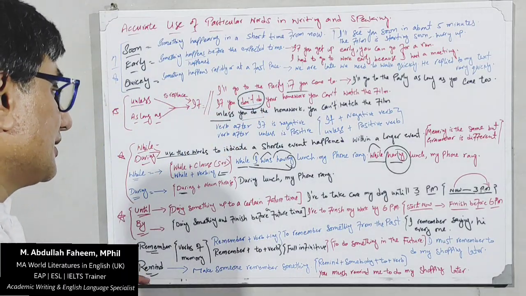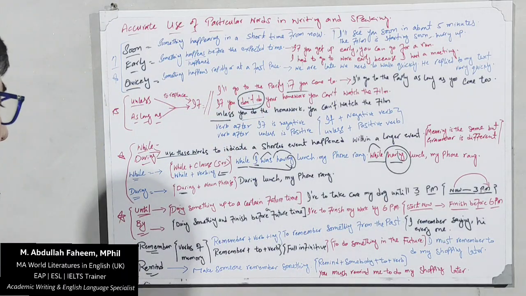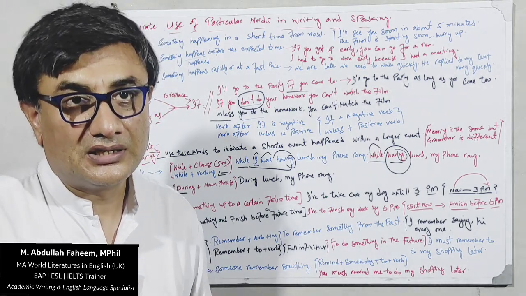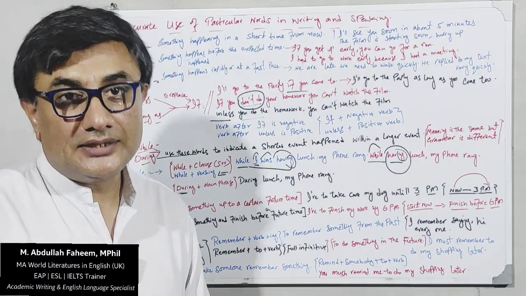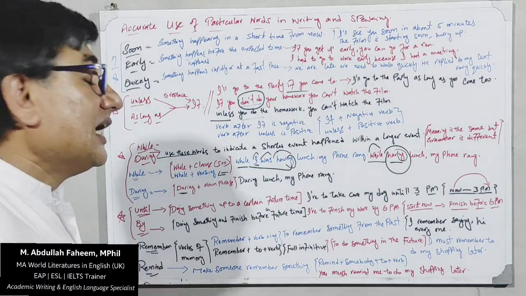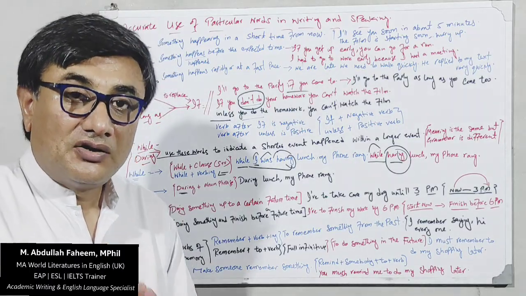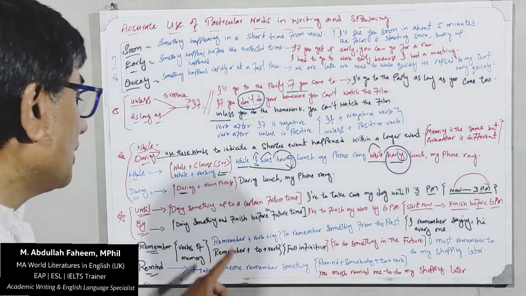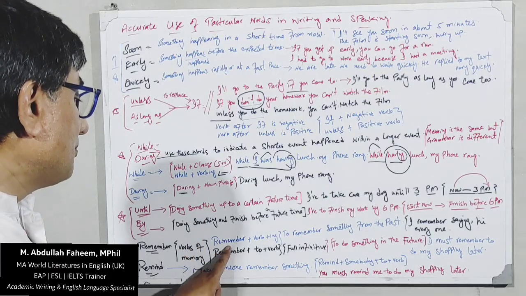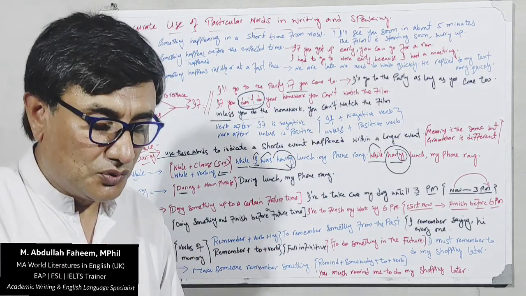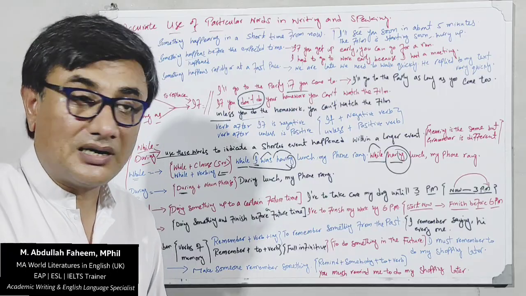And now we have another pair of words, remember and remind. Remember and remind, they are verbs of memory, यानी कि याद दिलाने के ये verbs हैं. Now we can use them in two different ways, in the past and in the future. For remember, we can use it in the past and in the future, but how will we make them? Remember plus verb plus ing. Whenever you use the verb remember for the past, you use the verb with ing.